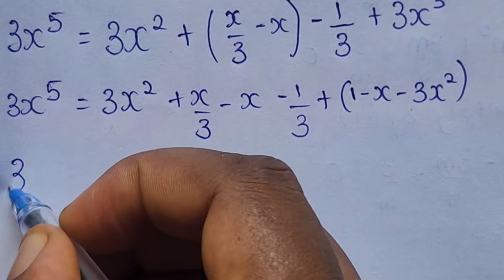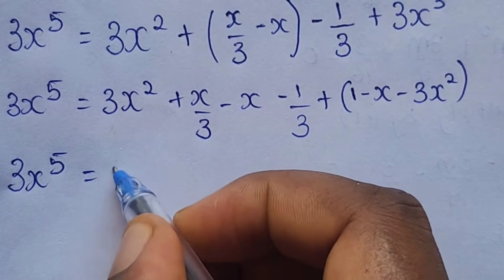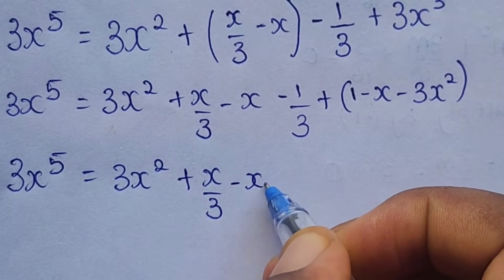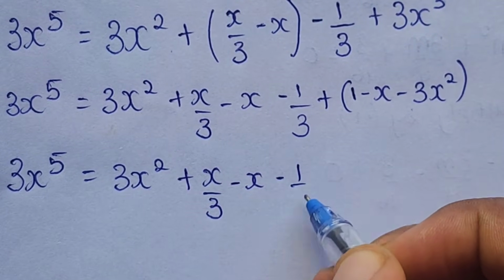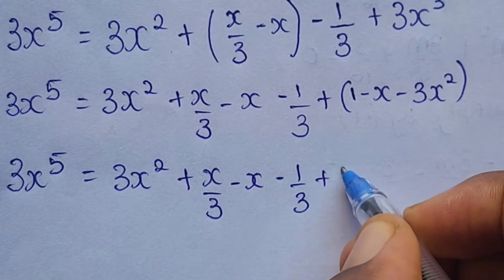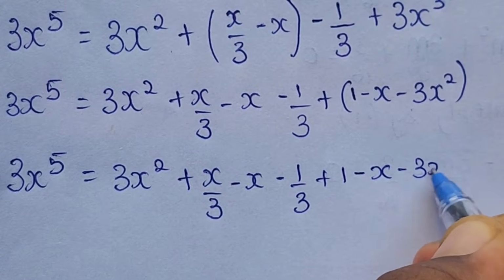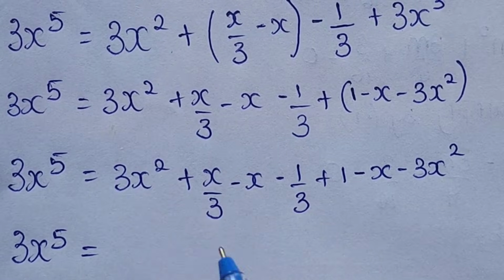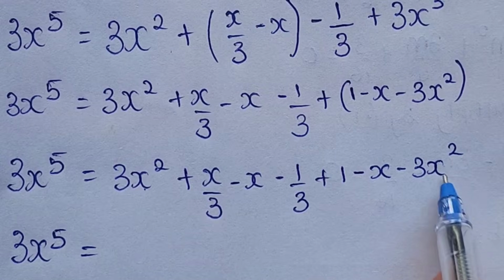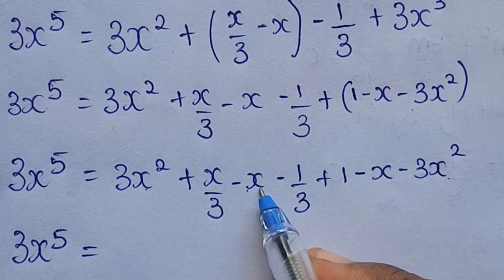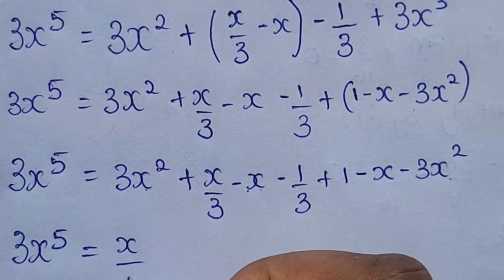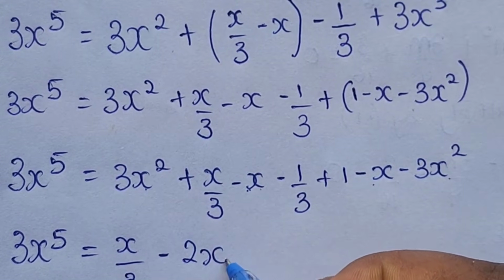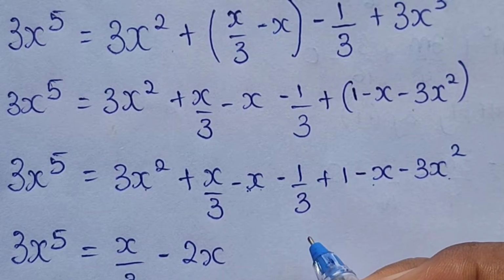squared. So we have 3x to the power of 5 is equal to 3x squared plus x over 3 minus x minus 1 over 3 plus 1 minus x minus 3x squared. So this gives us 3x to the power of 5 is equal to, we have 3x minus 3x. So this is out. We have minus x. We have x over 3. We have minus x minus x, which is minus 2x. And we have minus 1 over 3